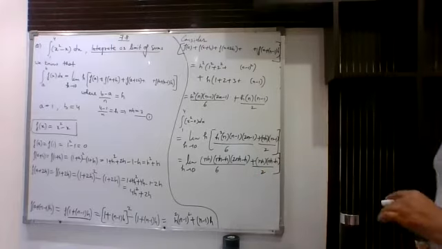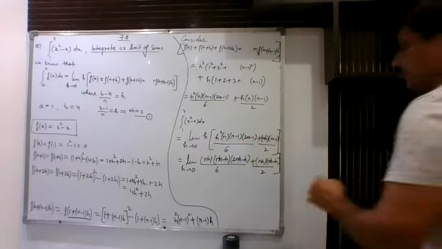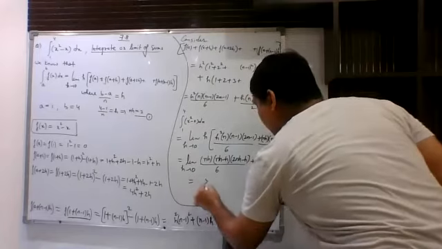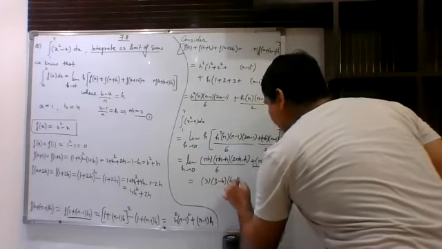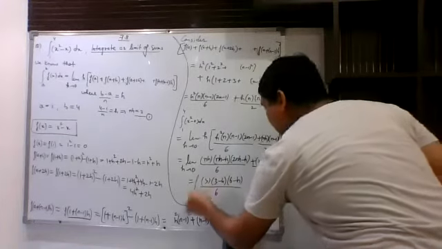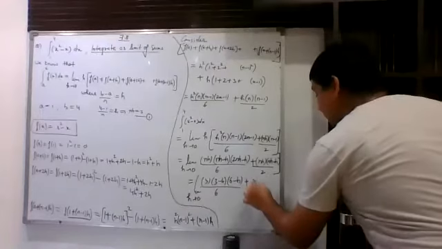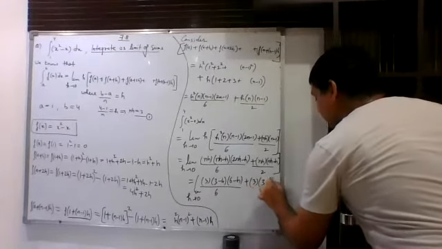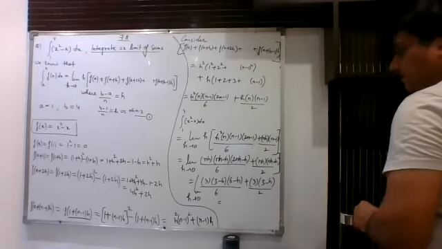We are writing this because we want to utilize this fact that nh is equal to 3. So now let us substitute the value and do further calculations. So this will be (3 minus h)(6 minus h) upon 6, limit of h tending to 0, plus (3 minus h) upon 2. So finally you will put h is equal to 0 and you will do calculations.